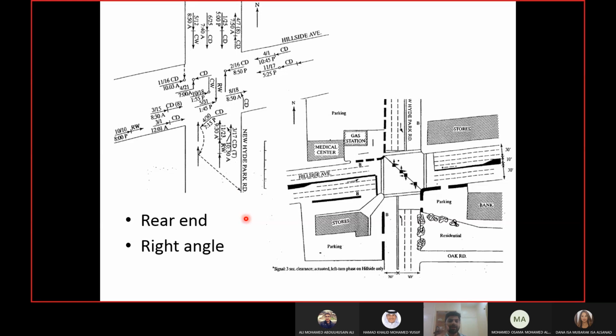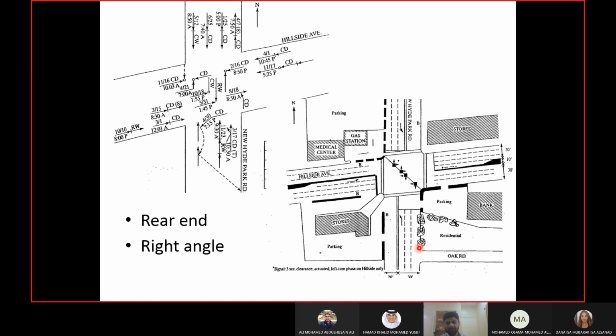What conditions on the site can lead to rear end accident? One of the reasons can be the sight distance to the signal. Maybe the driver in front of you didn't see the signal until he was very close, and at that time he had to apply the brakes in emergency. Now, what could be the possible reasons of not having enough sight distance for the signal?